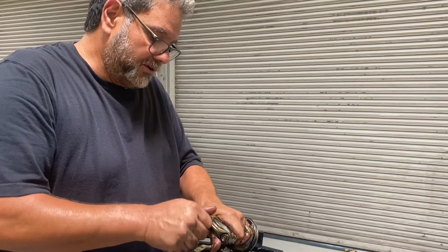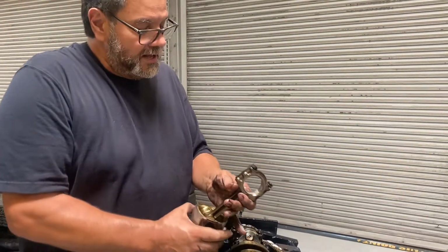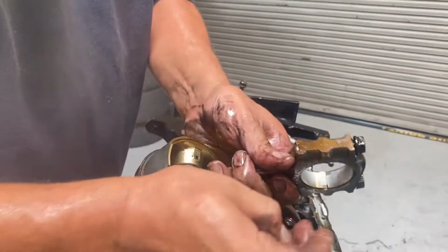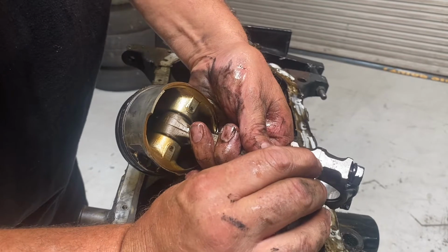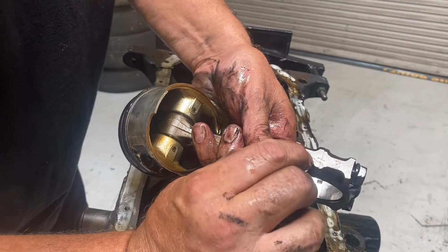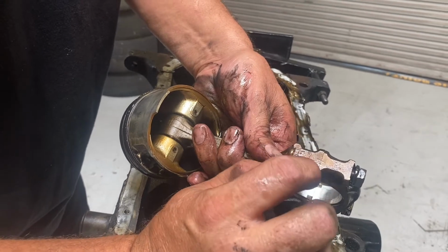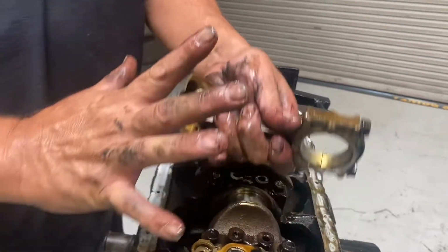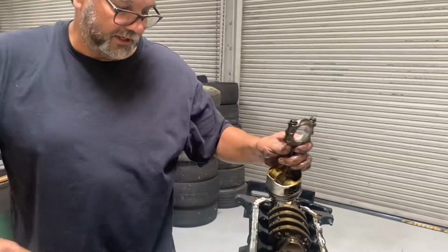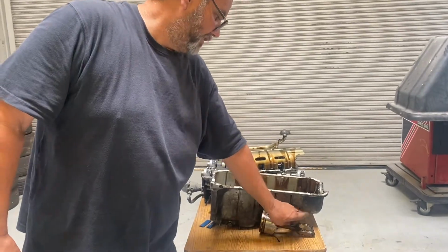And one way that you can tell this is the correct rod cap for this rod, even though they're not numbered, if you look right here, they make a little stamping mark, and see how that mark all lines up there at that seam? That tells me that this rod cap goes to this rod. Sometimes it's a V, sometimes it's a line, sometimes it's a W. So that tells me that these two are matched. So now I want to set this someplace where it's not going to fall, get damaged,